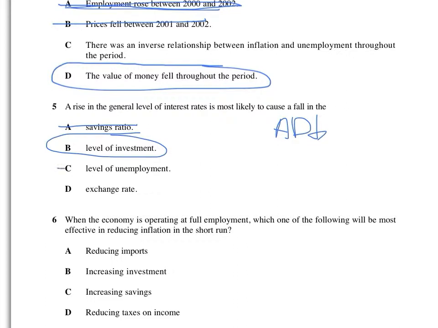Unemployment's likely to go up. Unemployment's going to go up because AD is going down, and so there'll be more cyclical unemployment, so it's wrong there. And then a rise in the general level of interest rates is most likely to cause a fall in the exchange rate. Well, you don't need to know this for the minute, but actually that will cause a strong exchange rate. Whenever the